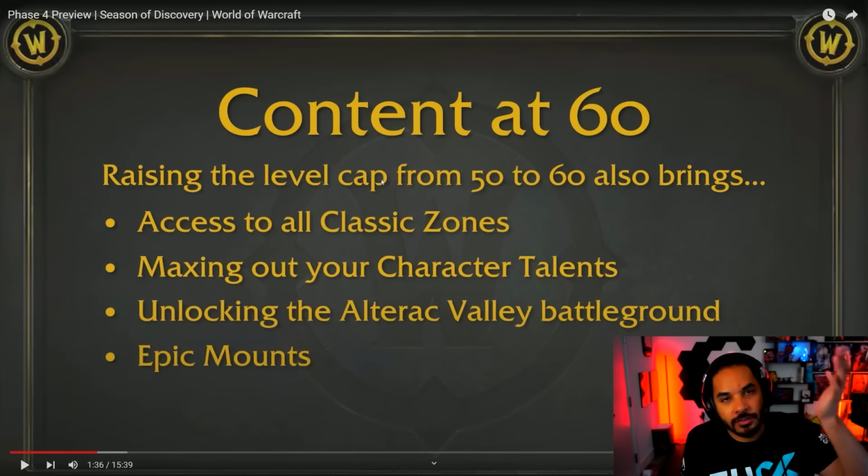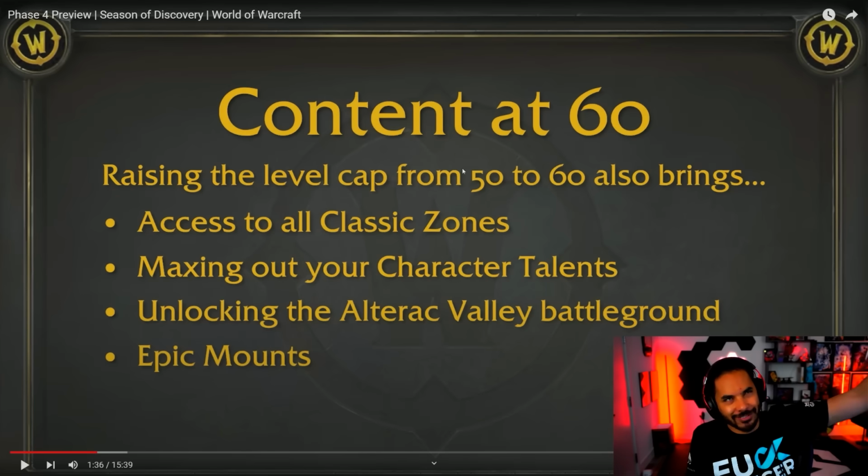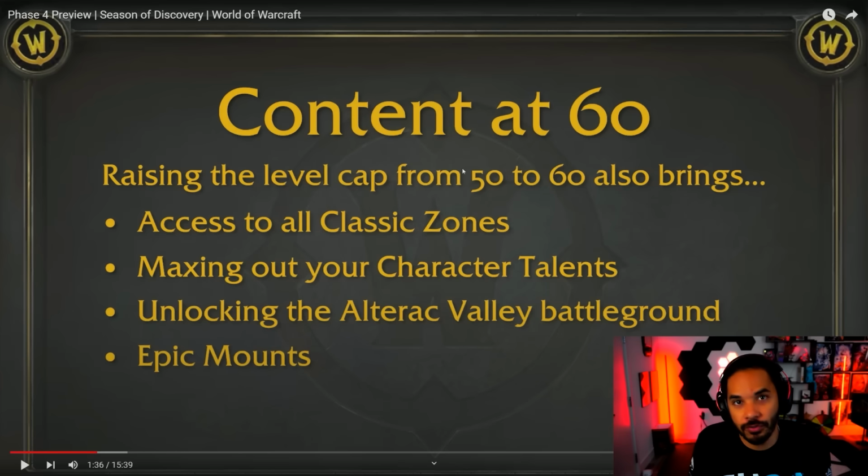First of all, you can check out an entire preview video on the Warcraft YouTube channel, but of course we're getting level 60 and all of the level 60 content that comes with that. That means you can get all of your talents, you can get the new glyphs that are gonna be your cloak slot glyphs, which you've seen a lot on the PTR,